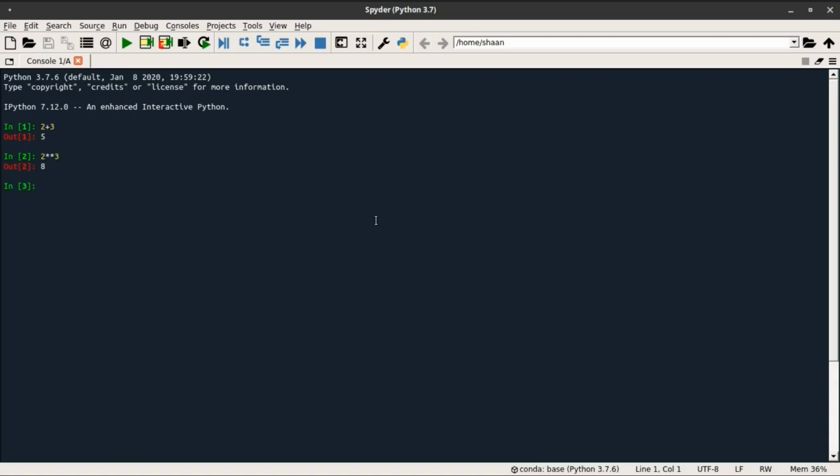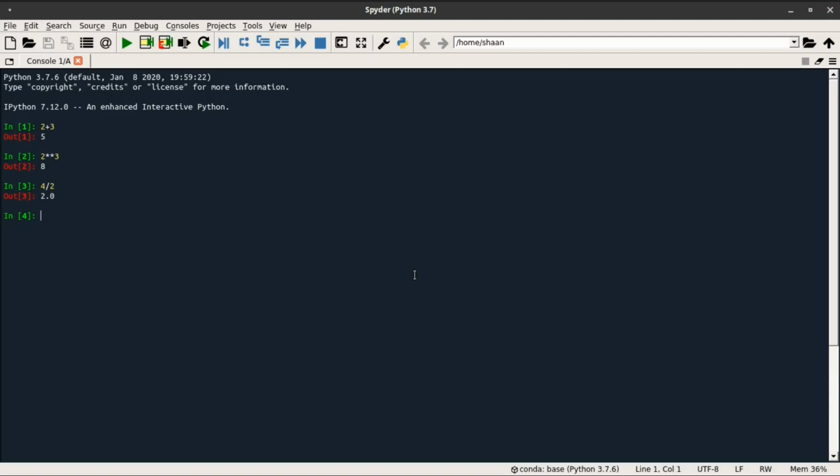We can also perform division operation. The division operation performed here gave us the output 2.0 rather than 2. Now this happens because Python can perform two types of division.